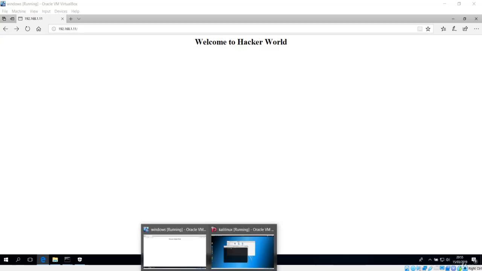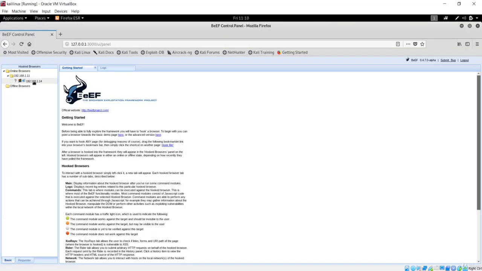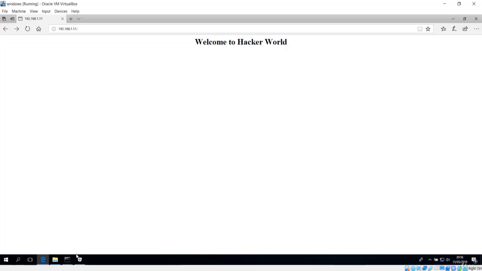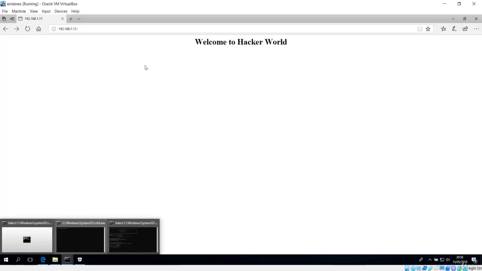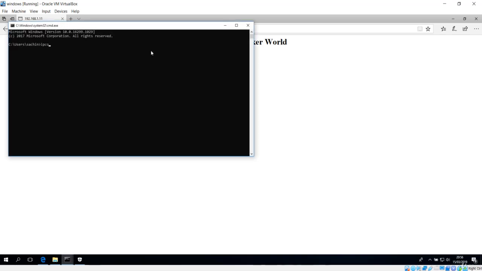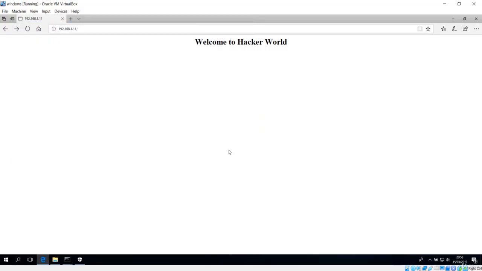But if you go back to this Kali machine, then you will see that in this browser there will now be one online browser, which is the same machine having the IP. So if I go back to this Windows machine and search here for ipconfig, you can see the IP address is not showing here because this has this Ethernet adapter connected to this machine.